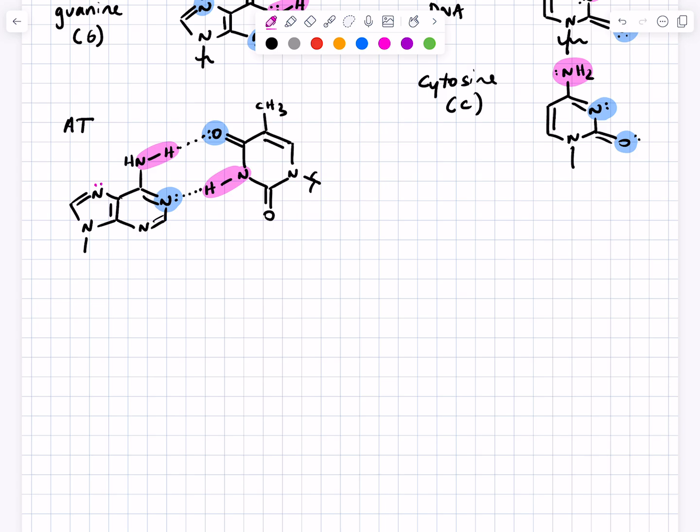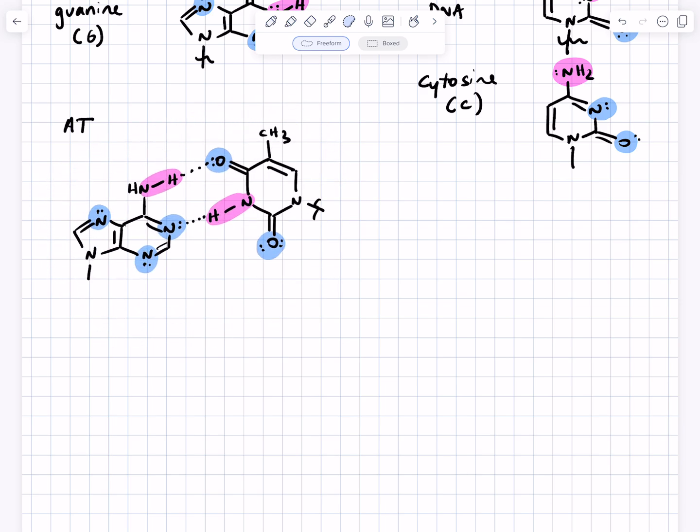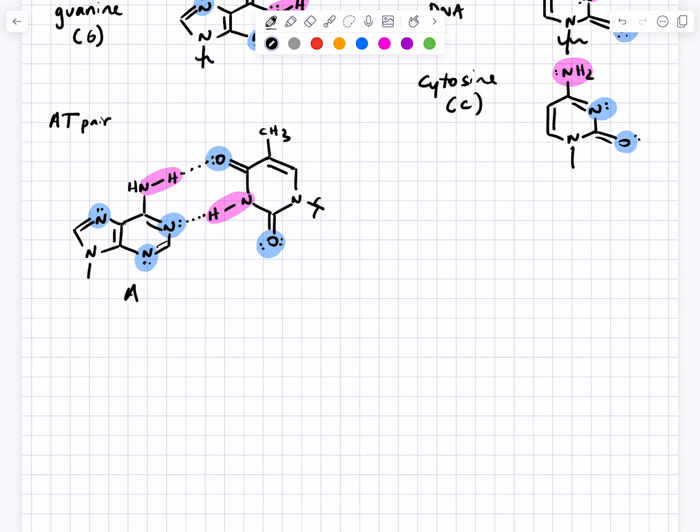Notice that there are still other functional groups in the ring that are not involved in Watson-Crick hydrogen bonding. You've got these hydrogen bond acceptors here and here, which are unsatisfied. In double-stranded DNA, so this is an AT pair, this is A, this is T. In double-stranded DNA, this portion here is exposed to the major groove. This edge of the base pair is exposed to the major groove, whereas this portion here is exposed to the